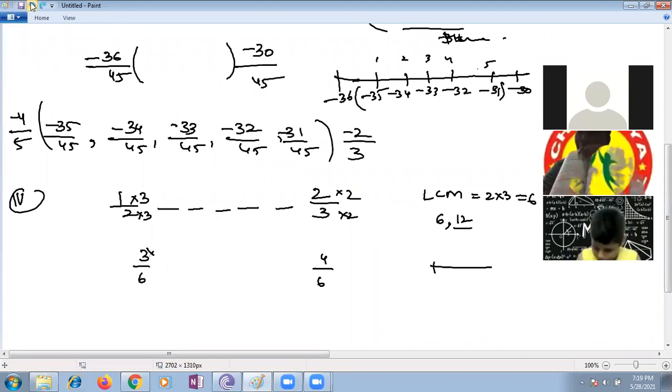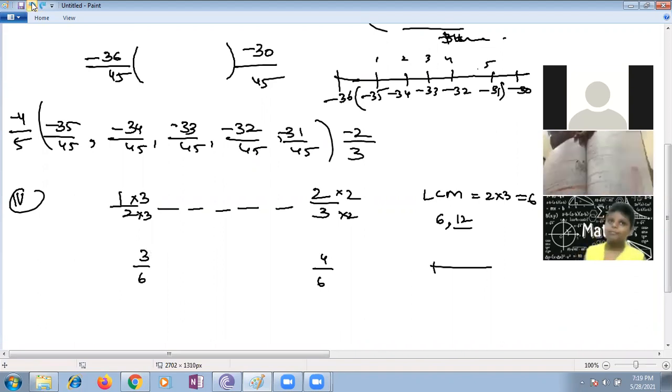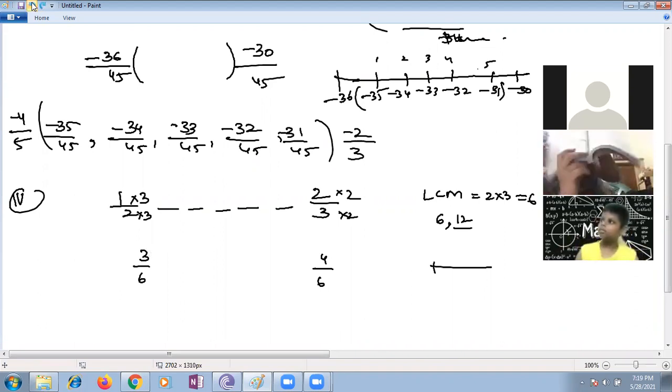Ma'am, can I tell a simple method? If you can, textbook. Yes, you can. The average of the two numbers, you are supposed to get it, it is in the middle. Ma'am, it is in the middle, so I was confused.